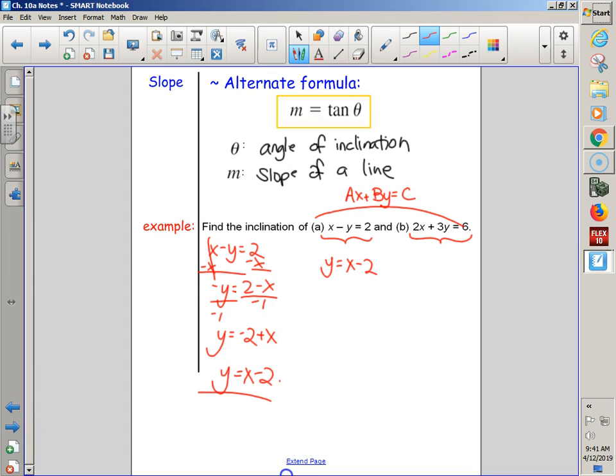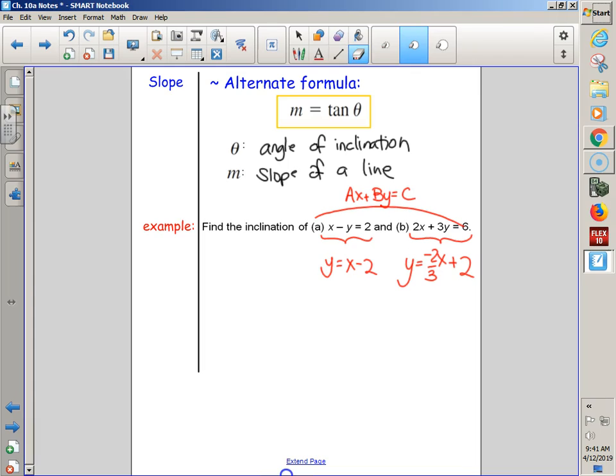Yes. This one would be a little bit maybe easier, maybe harder, because you just subtract the 2x and divide by 3. But then you would also have to divide the 6 by the 3. Some of you might need to do some algebra to get there. But either way, with a few steps, we can get y equals mx plus b, exactly the form that you guys prefer, which is totally cool. But guys, what was the question? It wasn't get it into slope-intercept. Okay, so for letter A, if I have y equals x minus 2, my question to get the inclination is,